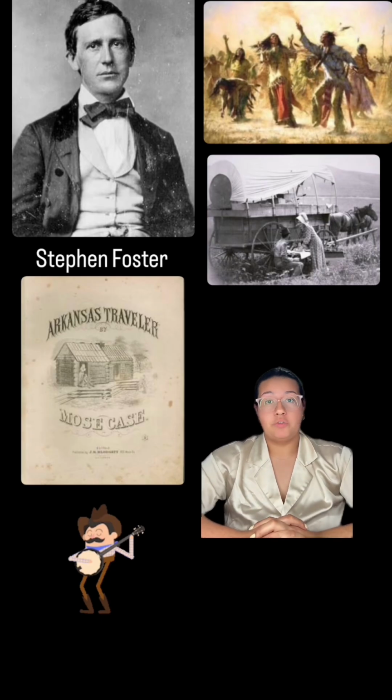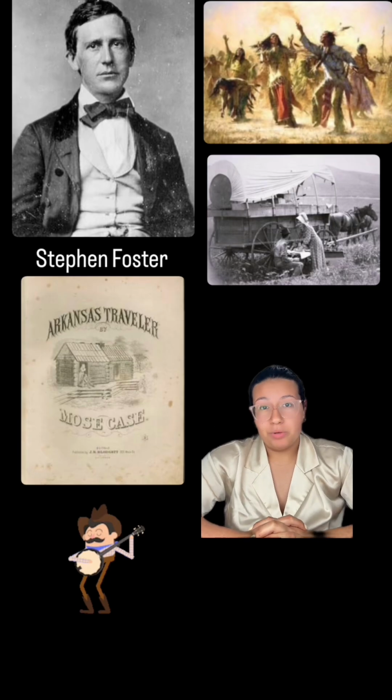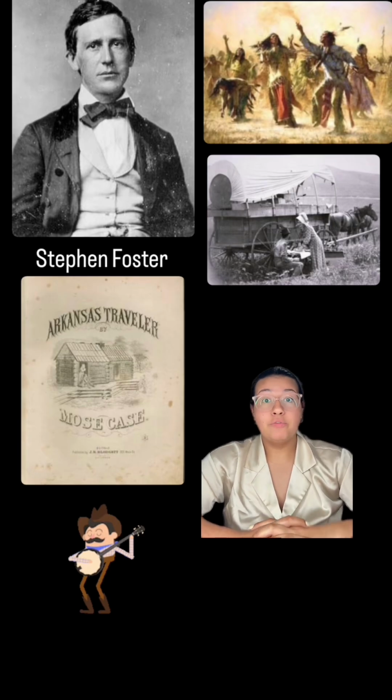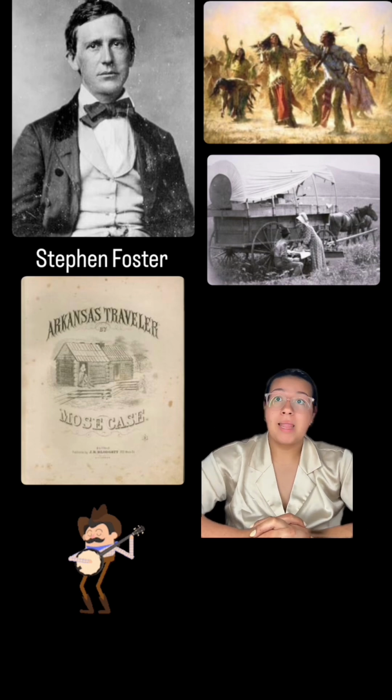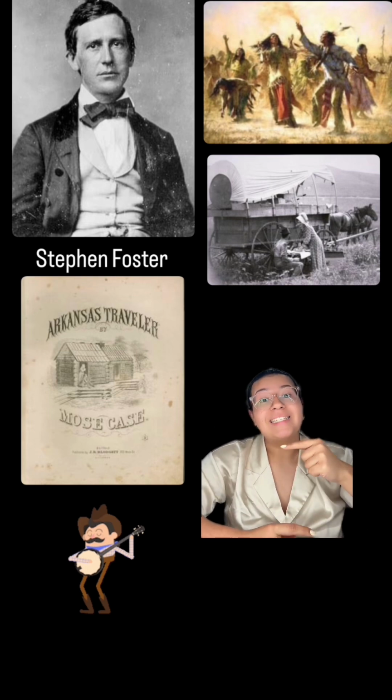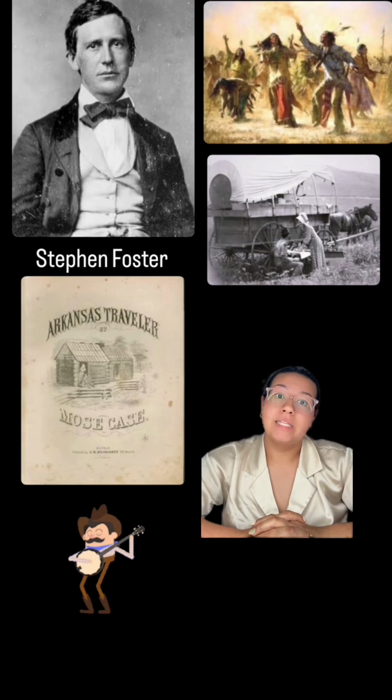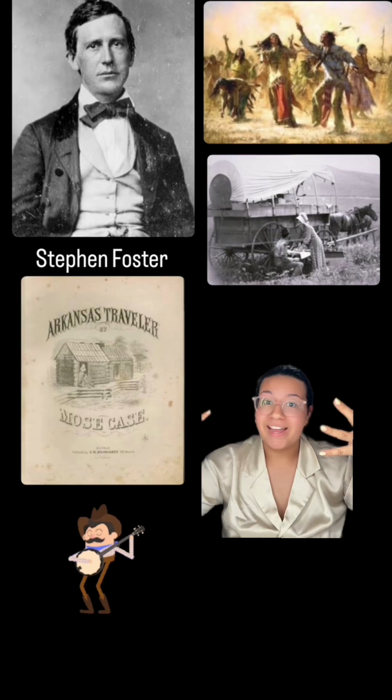Lastly, Stephen Foster's O Susanna is one of the most famous American folk songs. He is also considered America's first pop singer. The song lyrics tell about a man traveling from Alabama to Louisiana with a banjo on his knee, eager to reunite with his love, you guessed it, Susanna.